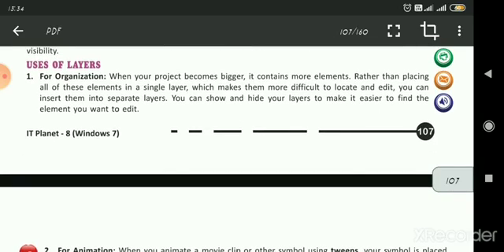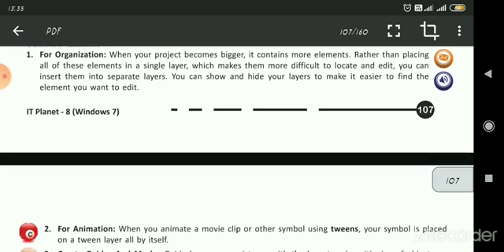So the uses of layers. First, it is given for organization. When your project becomes bigger, it contains more elements. If you have a bigger project, you will use more elements. Rather than placing all of these elements in a single layer, which makes them more difficult to locate and edit, you can insert them into separate layers.